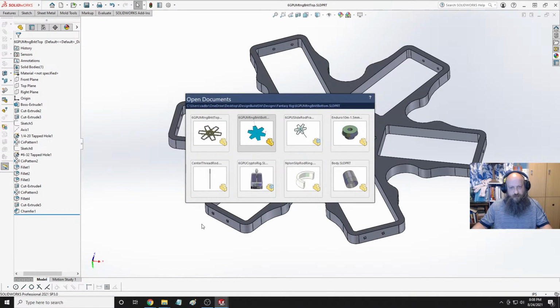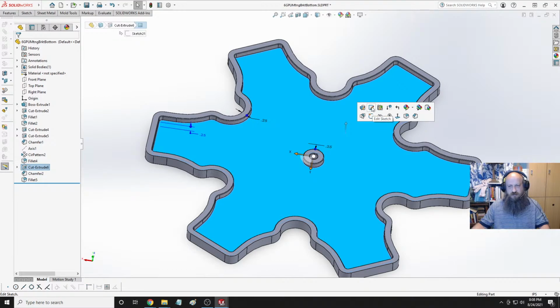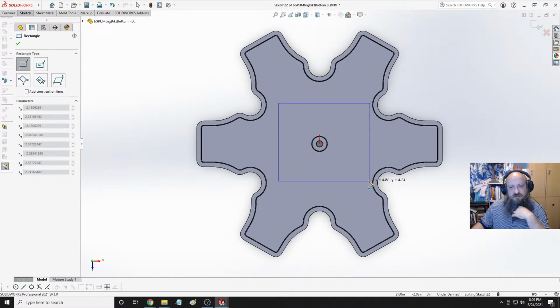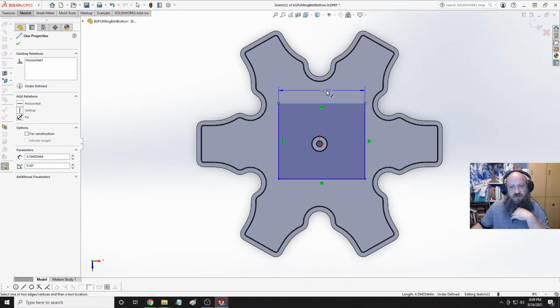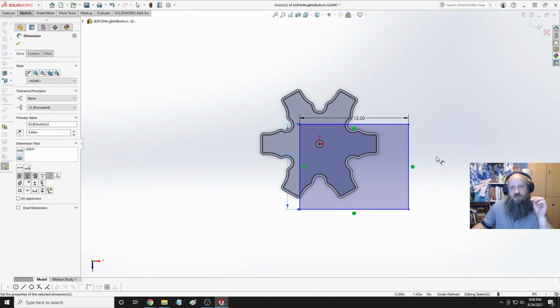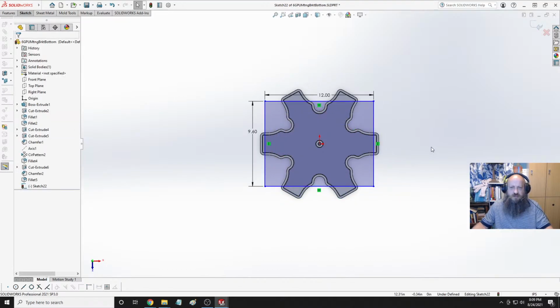Nope, that's not the one I wanted. There we go. So, let's look at this. What's that? Oh, no. And I think right now I have the board at like a 45-degree angle, but we're just gonna throw this in here. And let's go ahead and throw some dimensions on here. Oh, goodness. This may not work after all. 12 by 9.6. How come that don't look right in my...